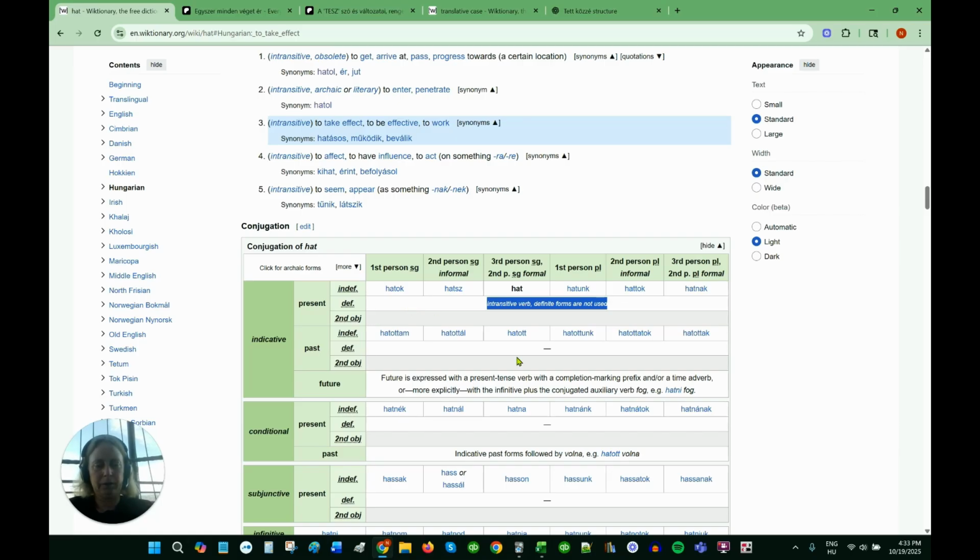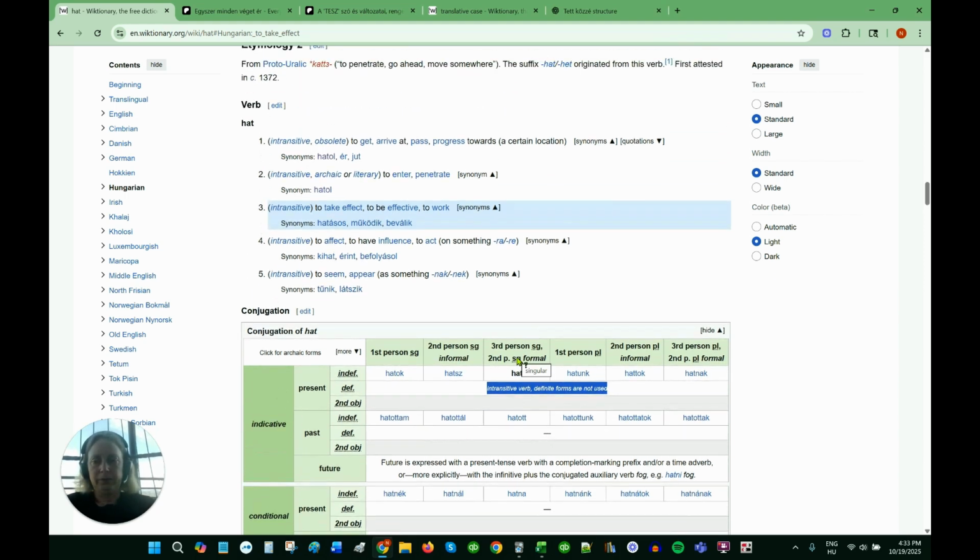So remember, the rag ending is the suffix at the very end. So any suffix at the end is a ragozás. And there's a definite one where you use it if it's connected with a noun that's a definite noun, something with a the in front of it or a that in front of it, as opposed to an indefinite noun, which would be something with any or none, all the words that are kind of vague.